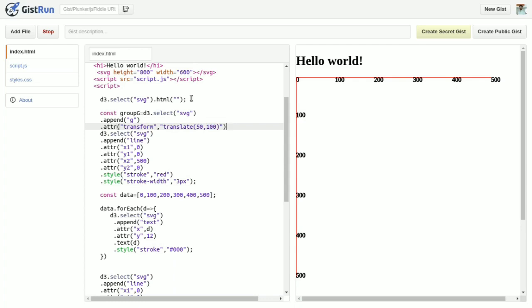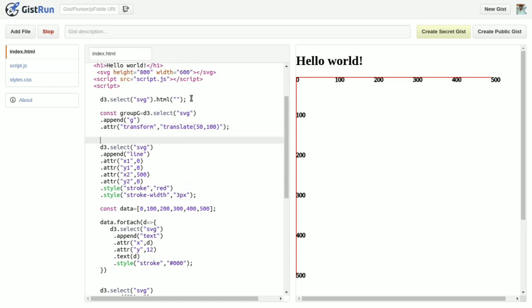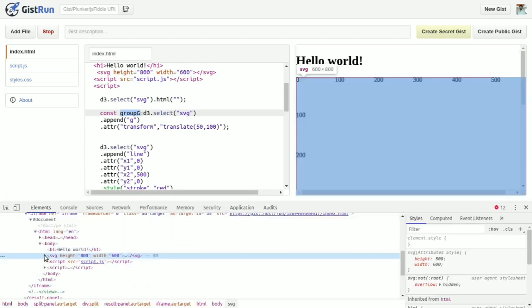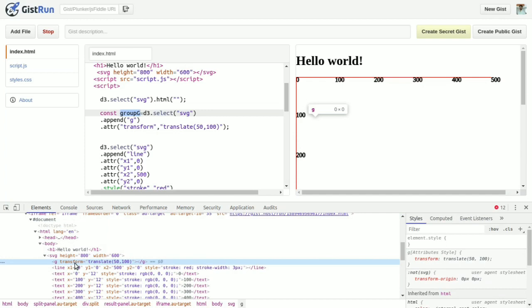So it will transform the G from left side 50 pixel and from top 100 pixel. Now we have the group G element available. When you inspect, you can see in our SVG we have the group element. We have also provided the transform property to this G as 50 pixel from left to right and 100 pixel from top to bottom.